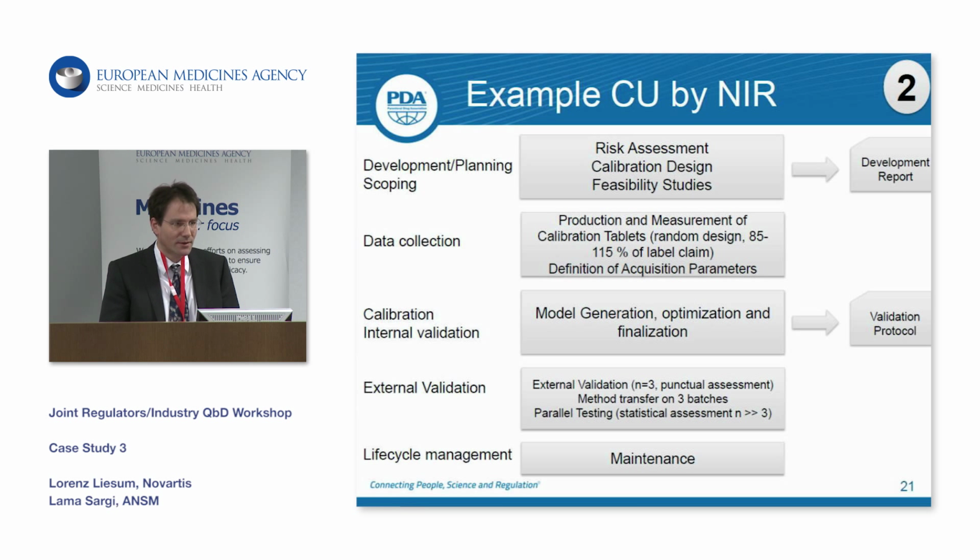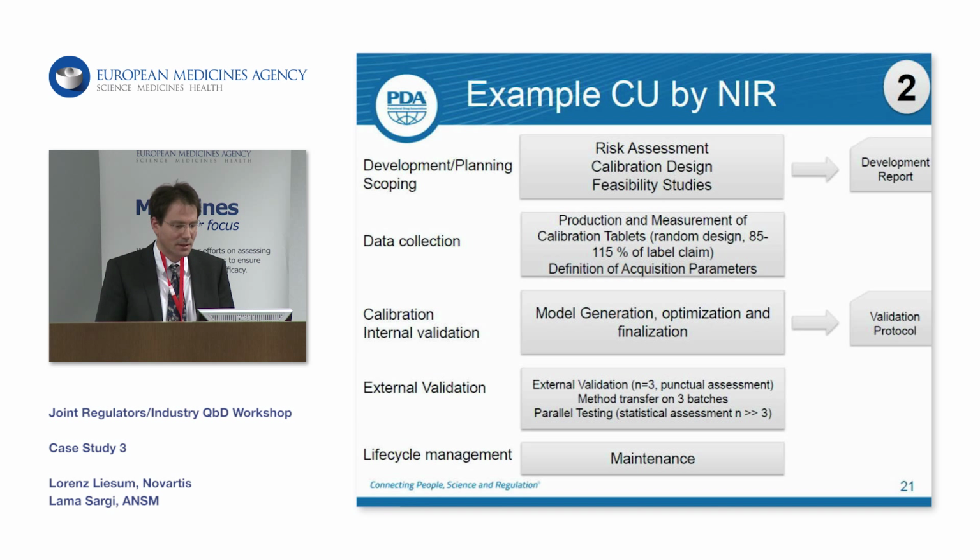Then to give you a better flavor of the journey, how to develop, validate and implement such a high impact model: you start from a risk assessment, you have to come up with a calibration design, you do a lot of feasibility studies on target batches, then you proceed to the data collection phase, producing calibration tablets having a wider range of your label claim. Then you define your acquisition parameters, and then you proceed to the model generation, the modeling activities, where in the end you finalize the model, and as a last step, you do the external validation